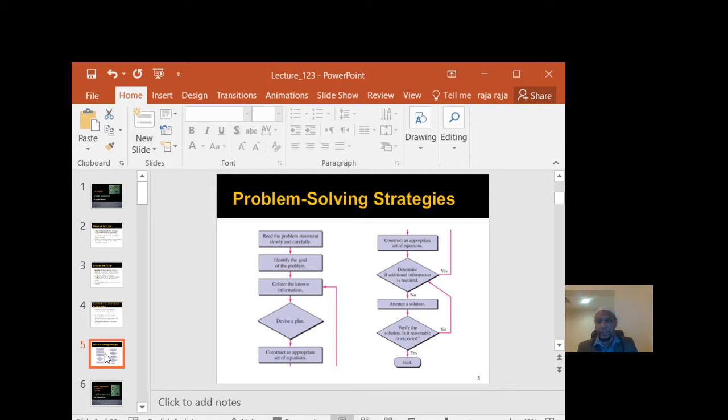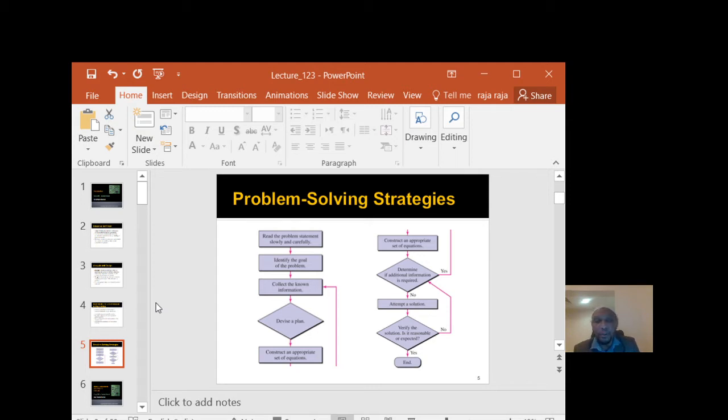When you go to the company also, you have to apply this basic flow chart to solve any type of engineering problem, mathematical problem, society problem or community problem, whatever the case. So what they set in this flow chart: first of all, you have to read the problem